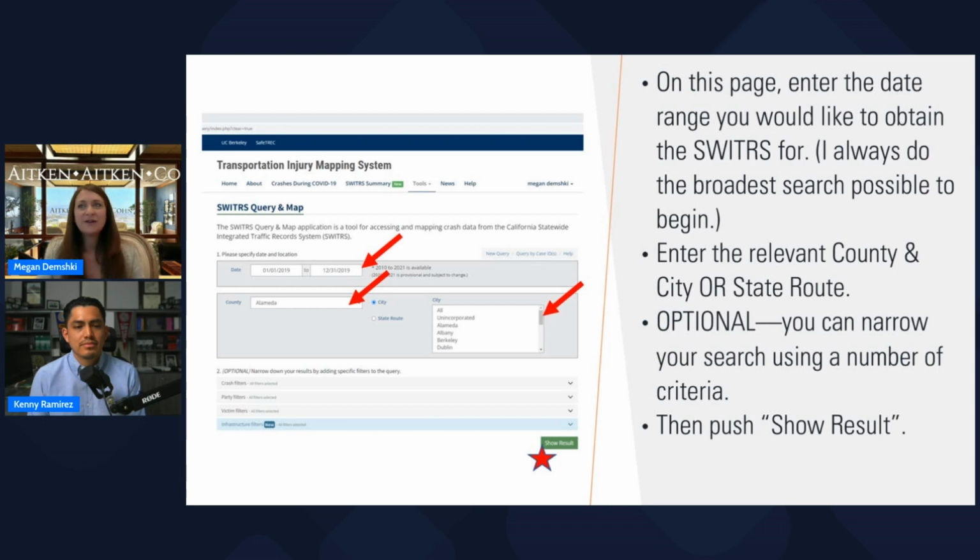I believe I said earlier it was 2012 to 2023 is available, but it's actually 2010 to 2023 now. Okay. And so I'll go from January 1st of 2010 to 12/31/2023 in that first box that says specify date and location. You're then going to choose the county and the city, or the county and the state route that is relevant